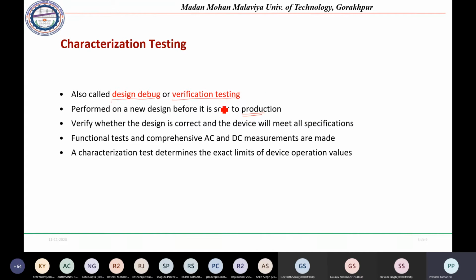In characterization testing, we basically go for AC and DC measurements and circuit simulations. We also check whether the device is working correctly and meeting all the specifications or not. A characterization test determines the exact limit of device operation values. Because it is going for fabrication, before fabrication we should find out all the maximum and minimum operating values